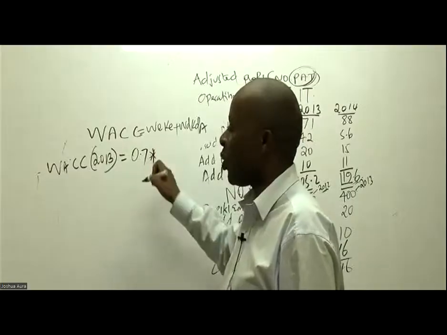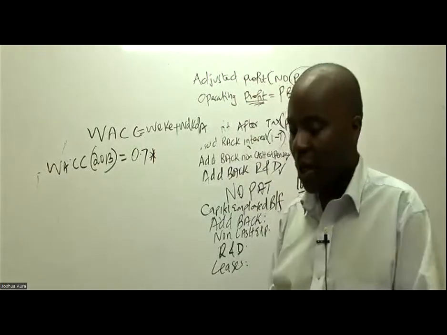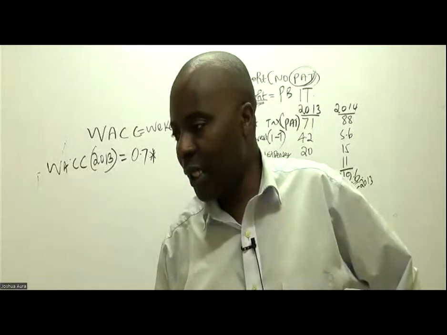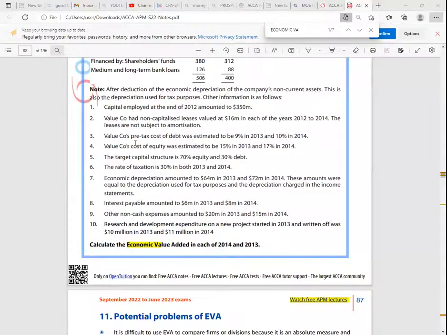So have they given me the cost of equity? Yes. Cost of equity has been given somewhere here. Note 3: the company's pre-tax cost of debt was estimated at 9% in 2013 and 10% in 2014. No worries, that is KD. And then note 4: the company's cost of equity in 2013 was 15%. So 15% in 2013 plus the weight of debt, you've just told me it is 0.3, times the cost of debt in